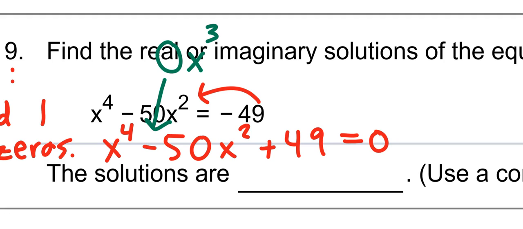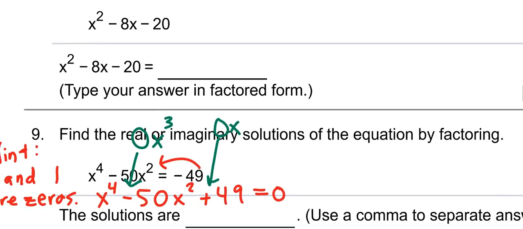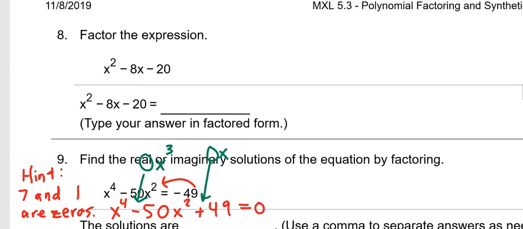Then as we go through the rest of this, what is noticeably missing here? The linear term, right? So we've got a 0x term. So we've got two missing terms. Now, why is that important to me? Because when I go do my synthetic division here in a second, I'm going to have to put in zeros for those missing terms. If you don't, you will lose on this question. And I don't want that to happen. All right, now.